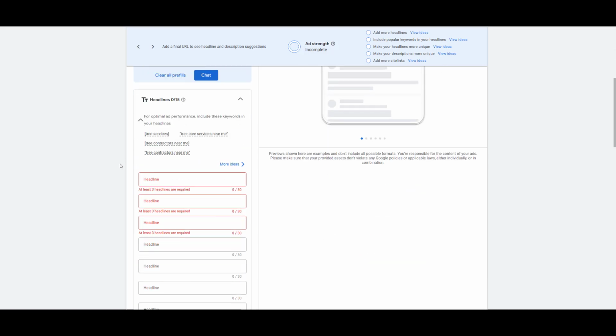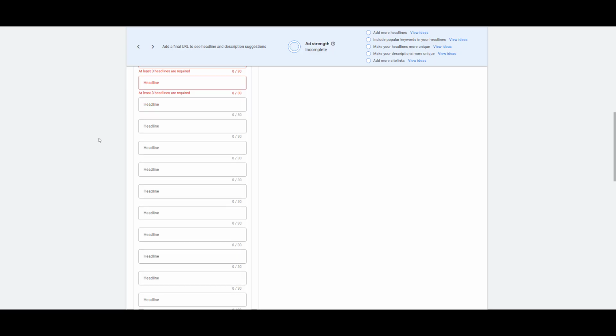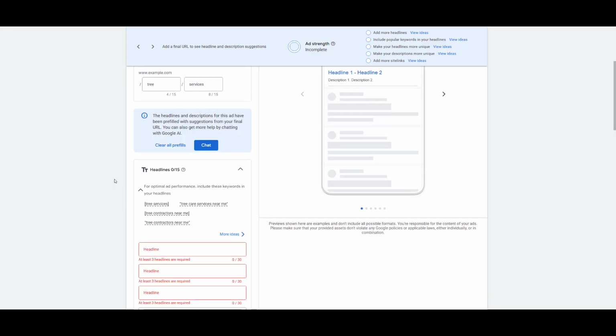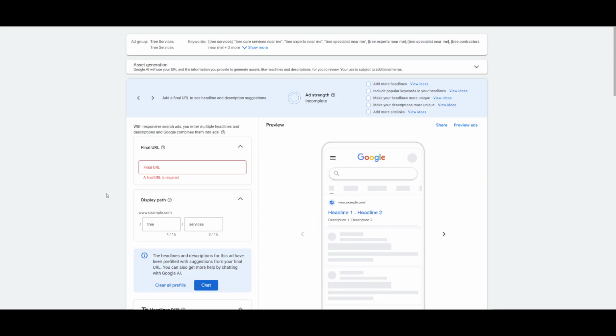Enter in a display path, and then you want to have all of these headlines filled out. It's a lot of headlines. You want to have 15 different headlines and 4 different descriptions, get all of that filled out. And Google is going to cycle through all those different headlines and descriptions and find out the combination that works the best.